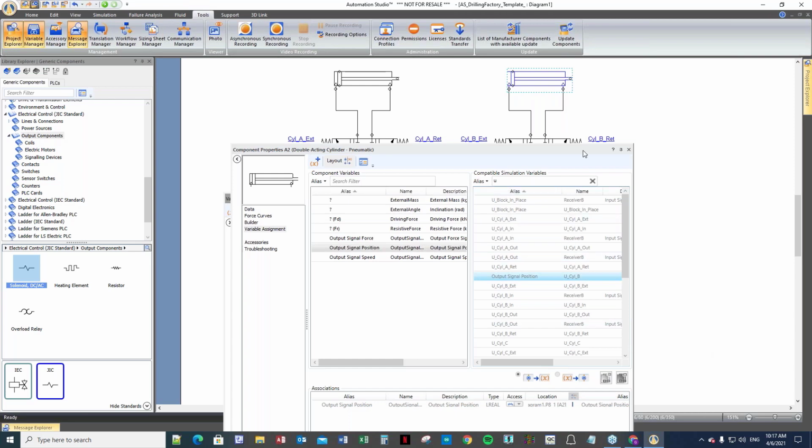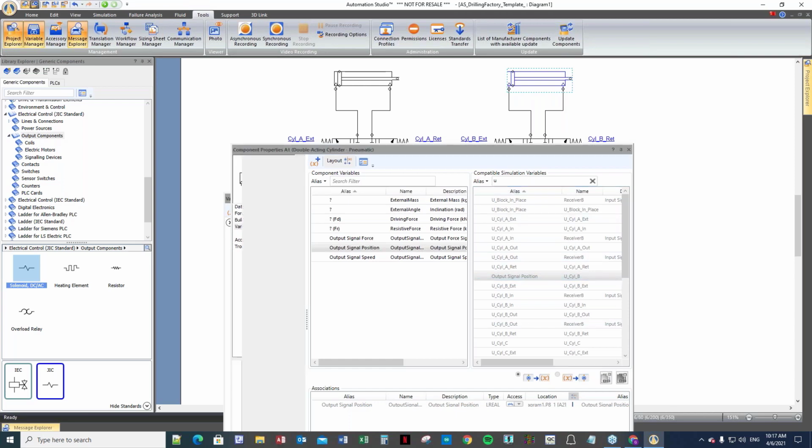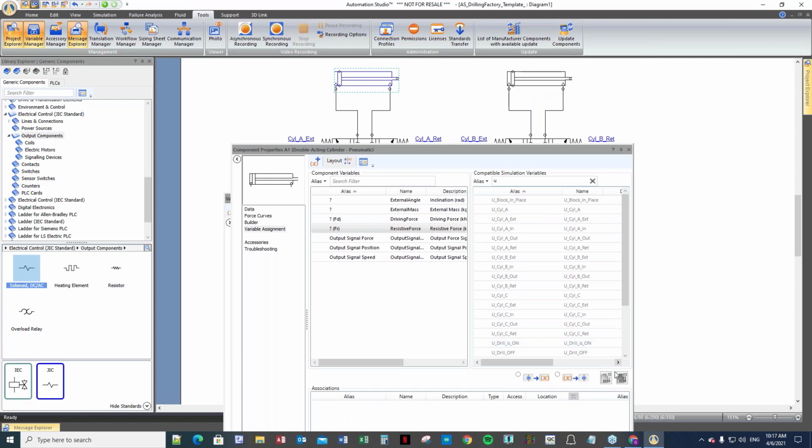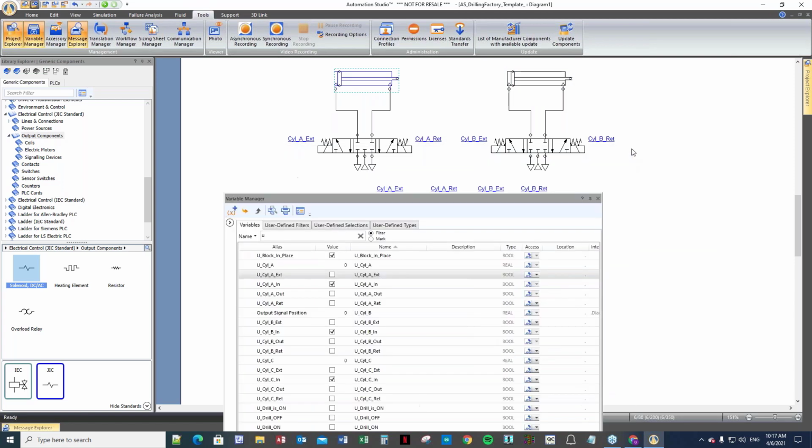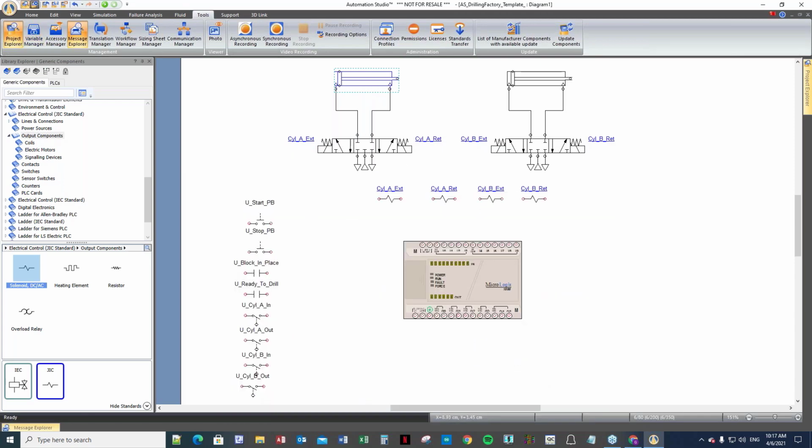Here. If I go there, it's gonna be cylinder A. Now, what we did over here, everything in Automation Studio, these devices are really tied up hand in hand with the 3D model. So if I continue doing my exercise over here,